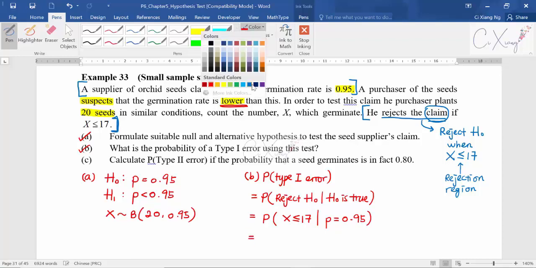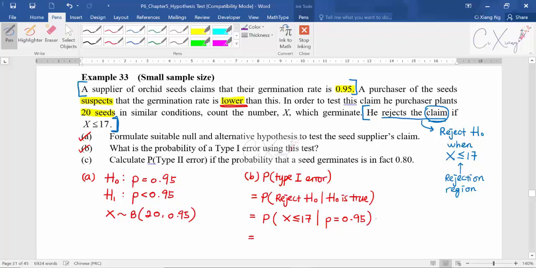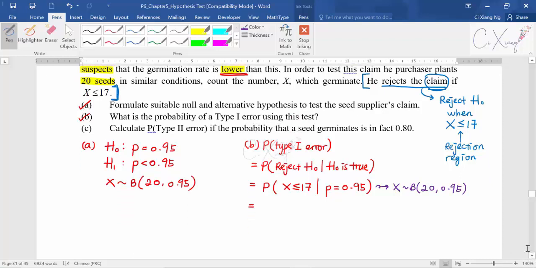I just want to remind you that when you have P equals 0.95, you are using binomial distribution, n is 20 and p is 0.95. So you use the binomial formula to calculate the probability. For X smaller than or equal to 17, the steps are very long because you need to include the calculation starting from X equals 0, X equals 1, until 17. So what I do here is I use the complement. I take 1 minus the probabilities of 18,